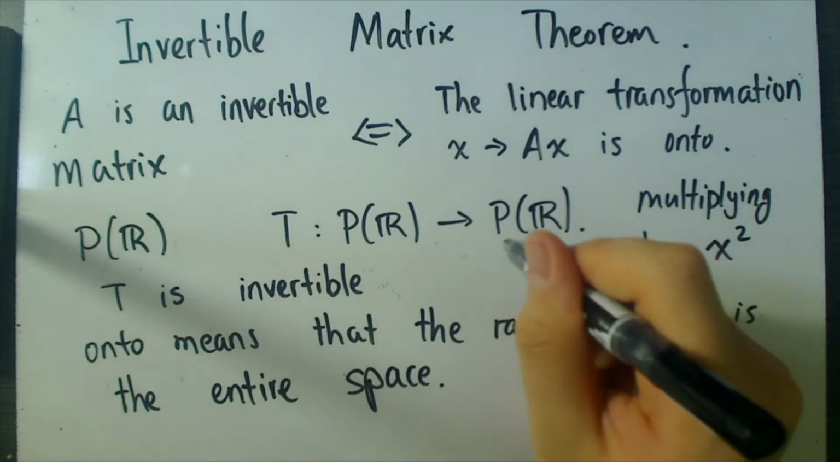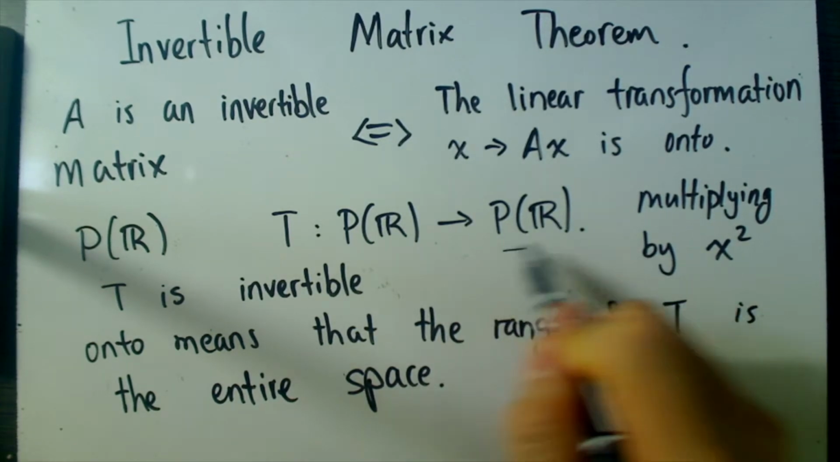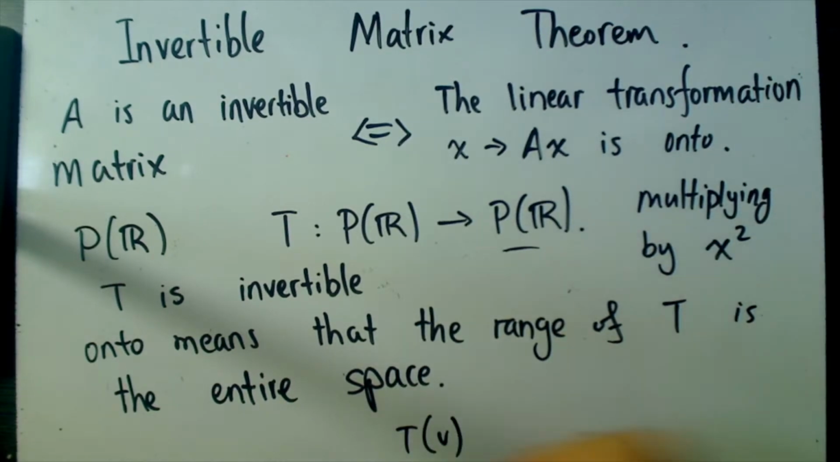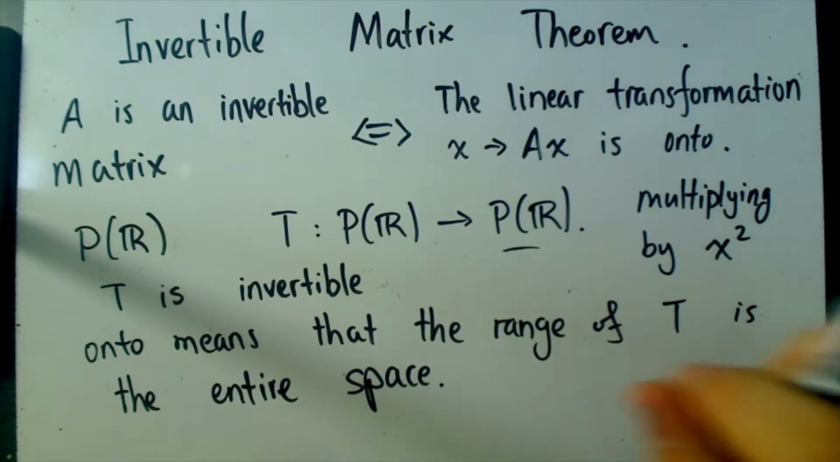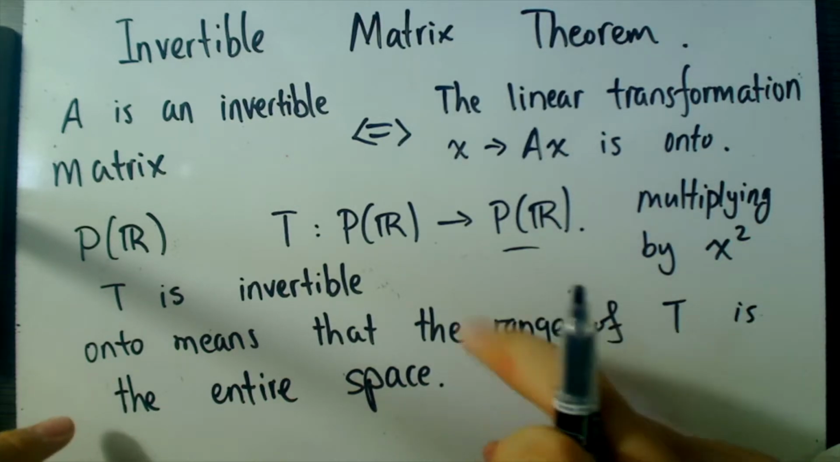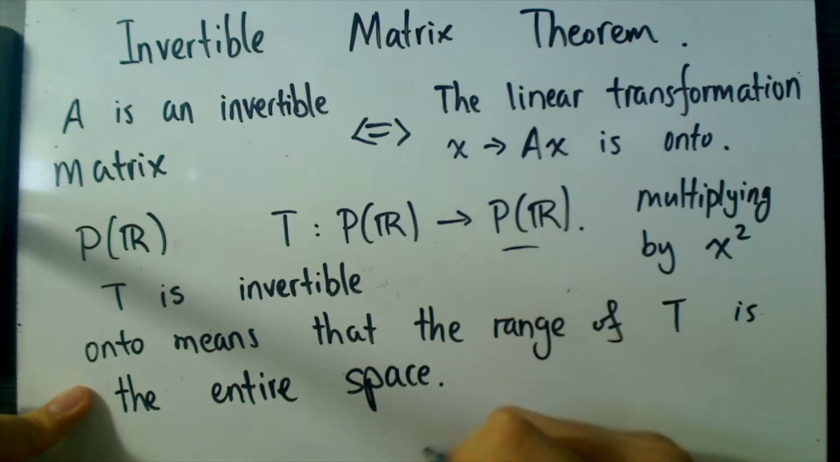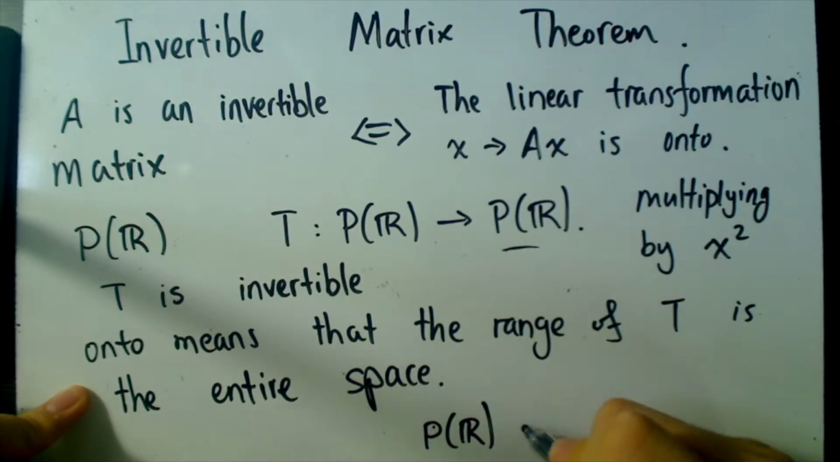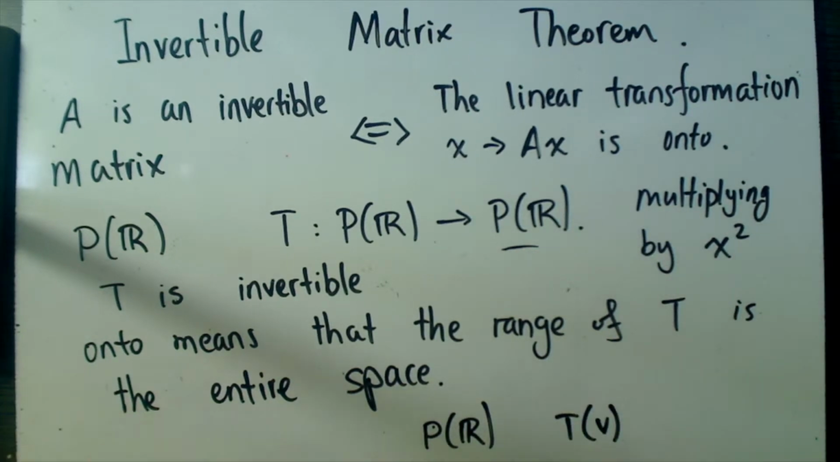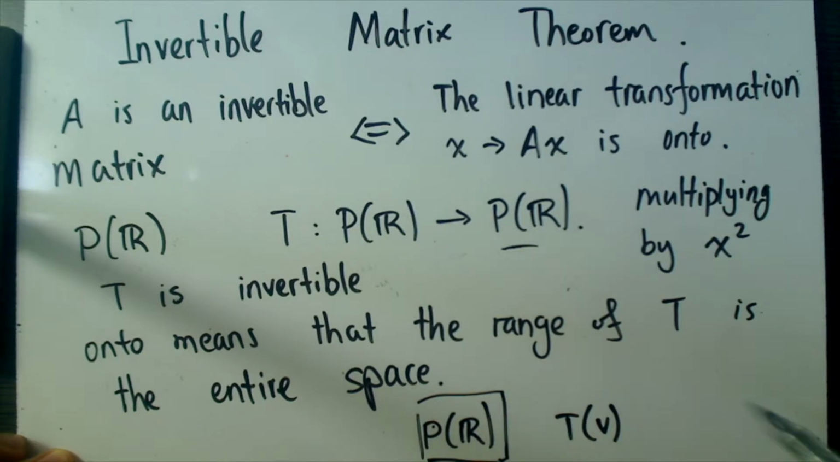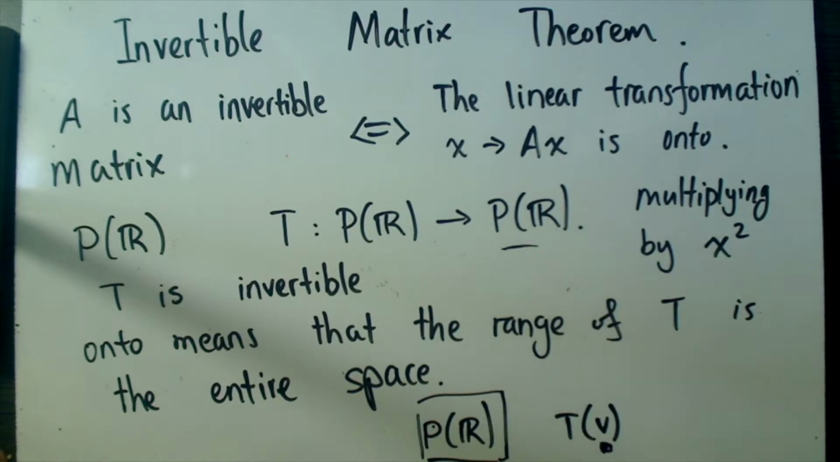Meaning that you can reach everything. So, meaning that you can reach everything in the space by plugging in some special vector v. So it basically means that you can reach every vector in R^n by T of v. So every vector in the space, the range R^n, can be reached by plugging in some vector in the domain,